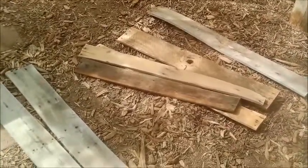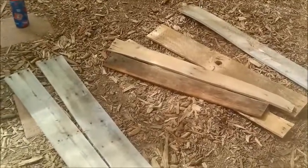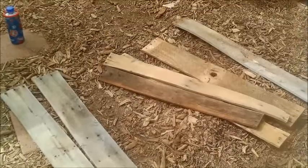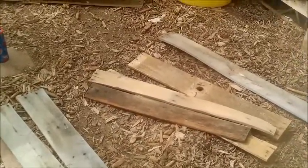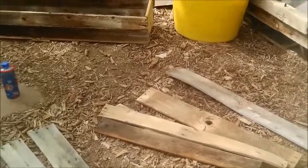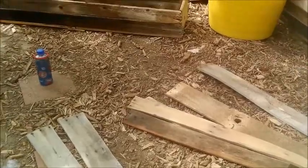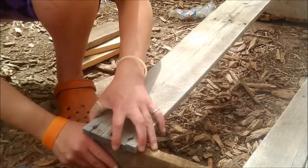It'll go out on her front porch. So I'm going to get rolling on this. I will show you how I put it together. I may fast forward some parts and put some music to it. But, so let's dippity do this and get started. The first thing I'm going to do